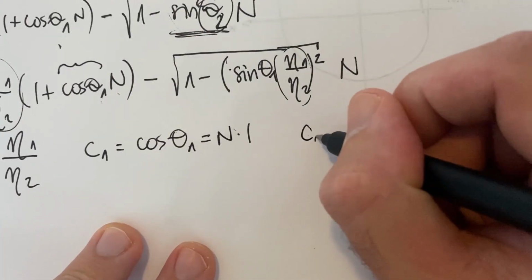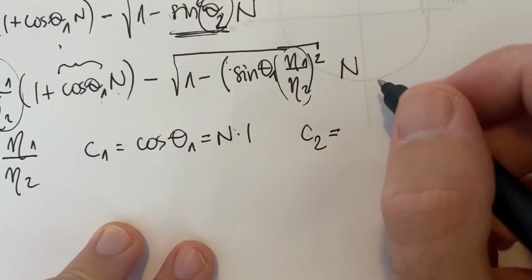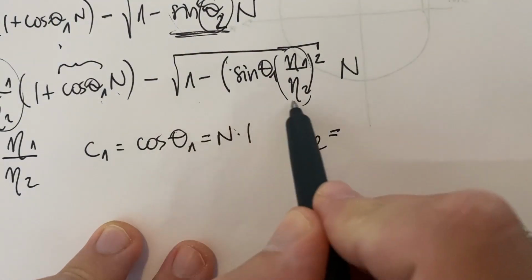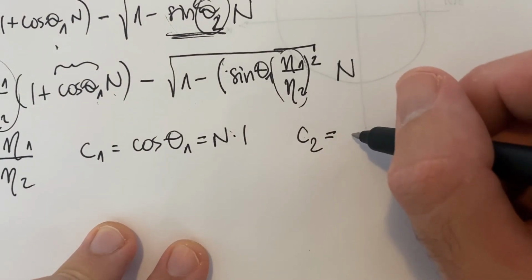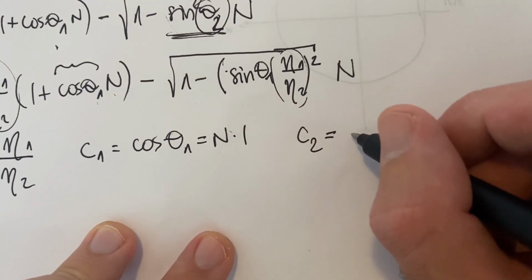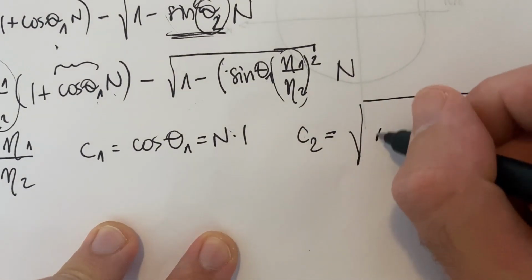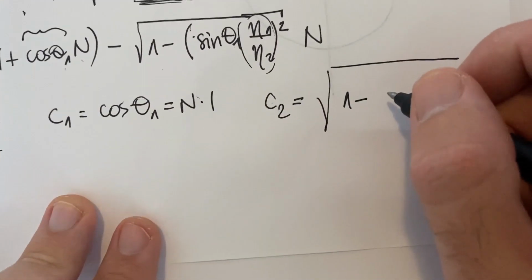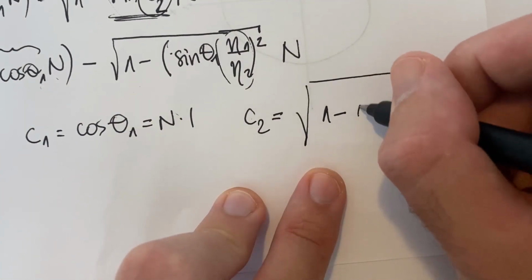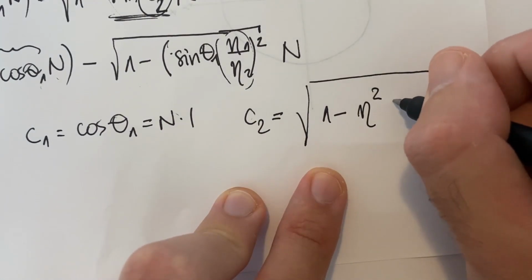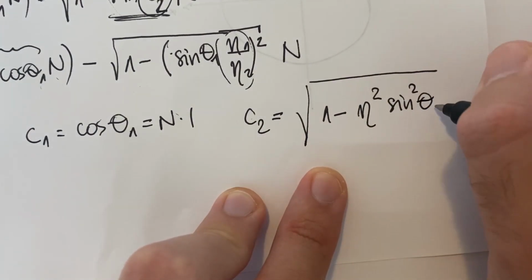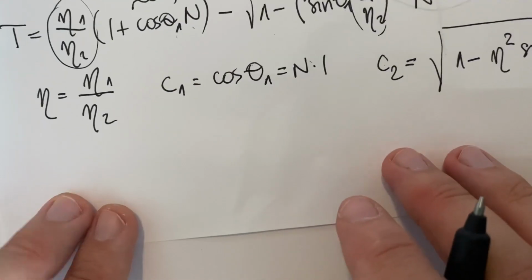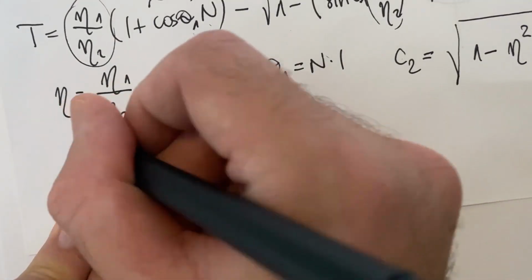And we have C2. We can basically say that C2 is this whole expression under the square root. Or not under, but the whole thing. It's actually this. Since we already replaced this, we can use that replacement immediately. Okay. And now if we try to write it out in its final form, it's going to be something like